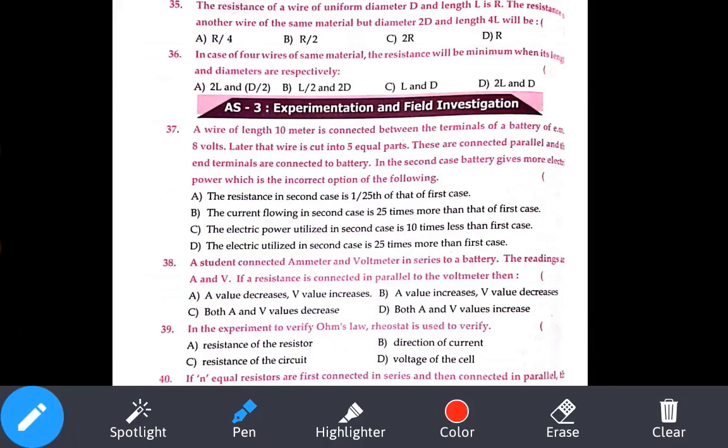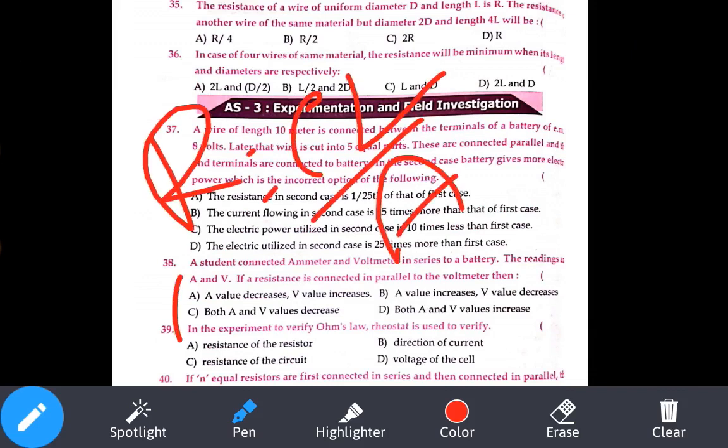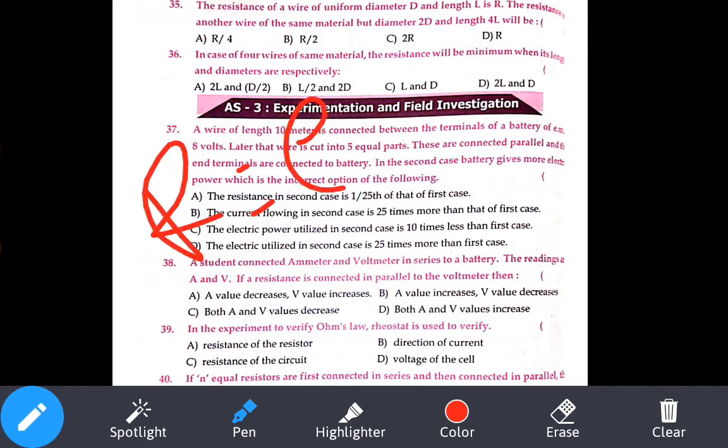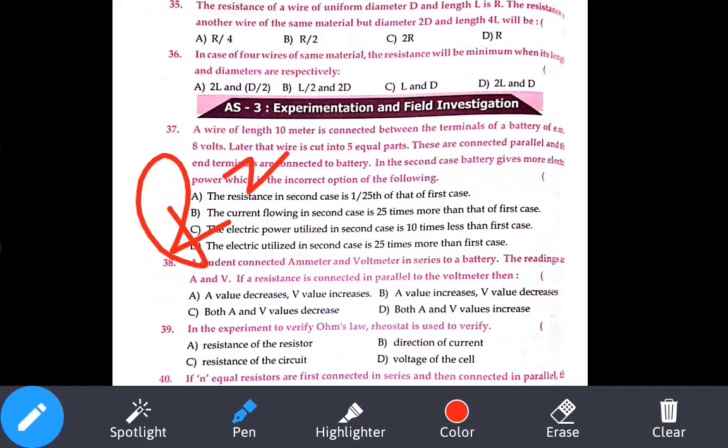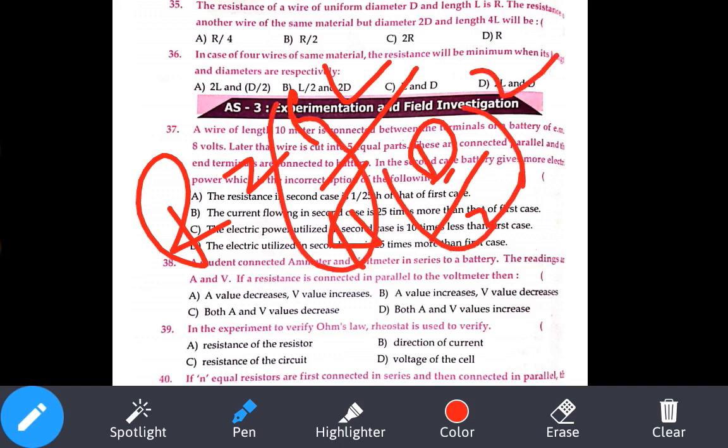Now, the resistance of a wire of uniform diameter D and length L. So what is the formula? R equals rho L by A, where A means area. If you observe the conductor, it looks like a circle. So the area is the area of a circle, pi r square. So R equals rho L by pi r square. Here they have given a diameter. Half of the diameter is called the radius. So ultimately the formula is R equals rho L by pi (d by 2) square. Remember, rho and pi are constants. L by (d by 2) square is what matters.